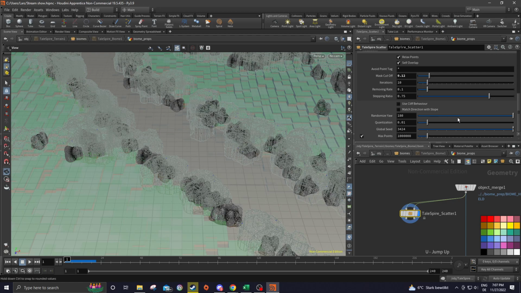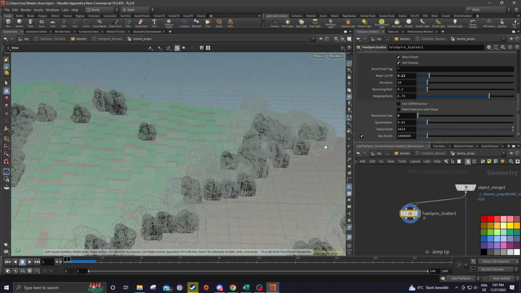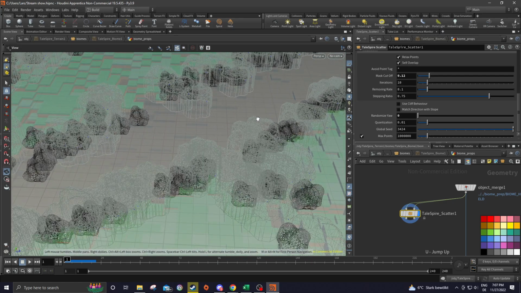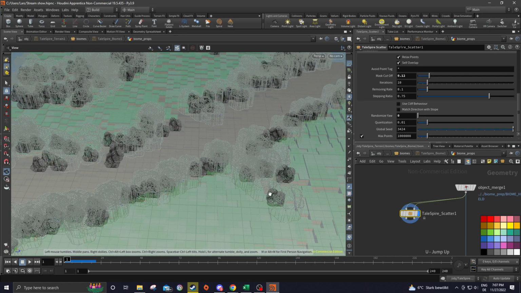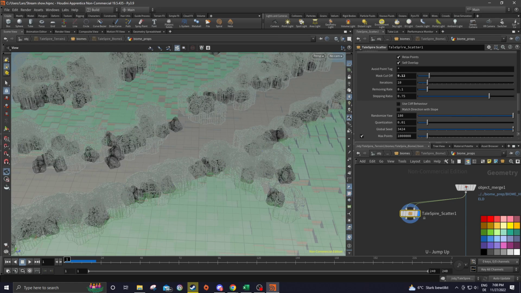This one is kind of handy, and that allows for how much rotation you allow. For example, if you turn this down to 0, they're all going to face exactly the same direction. They don't have any turn to them. All the props are exactly identical. If you turn this up, now I allow 70-degree movement in each direction, and 180 in each direction means 360 degrees, so it can be any random direction, which generally is what you want